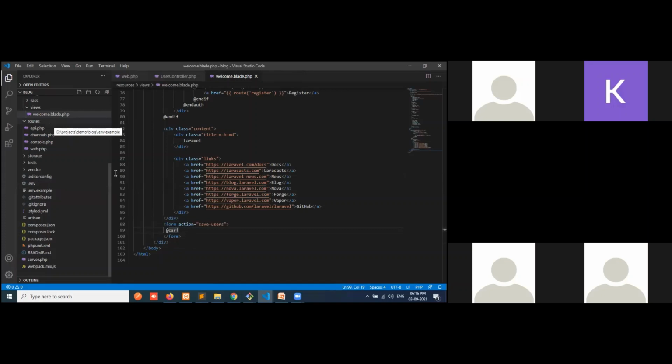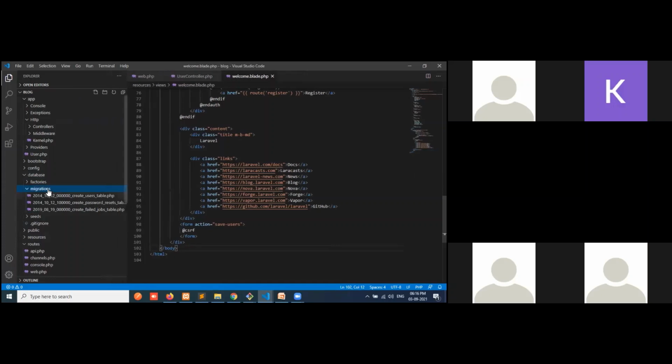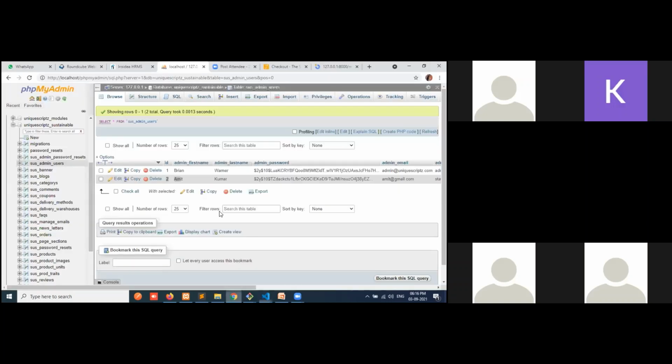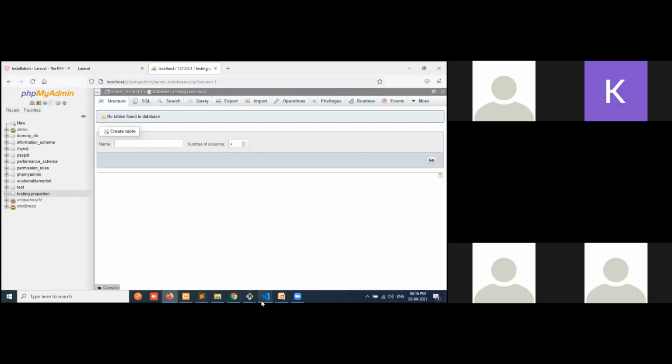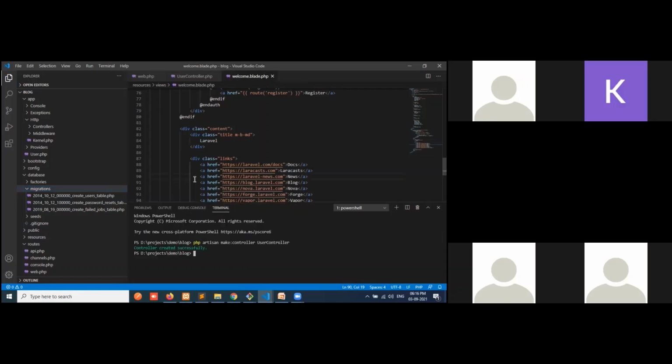Then next, some files are stored in this migration folder. If you want to insert these files here, one command is provided by artisan. Like that you can do.